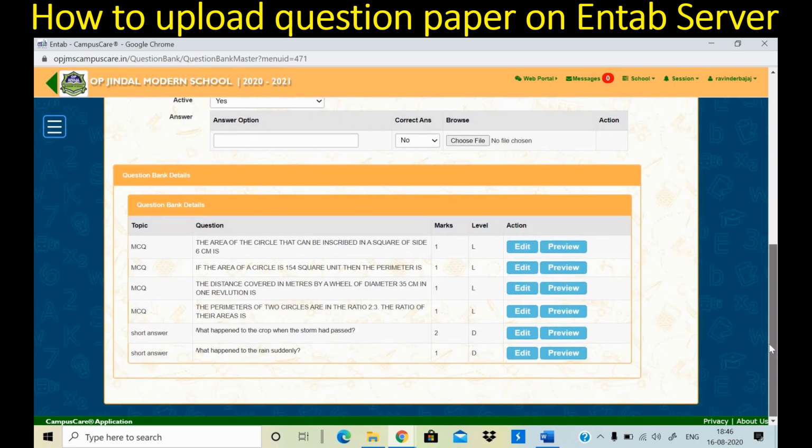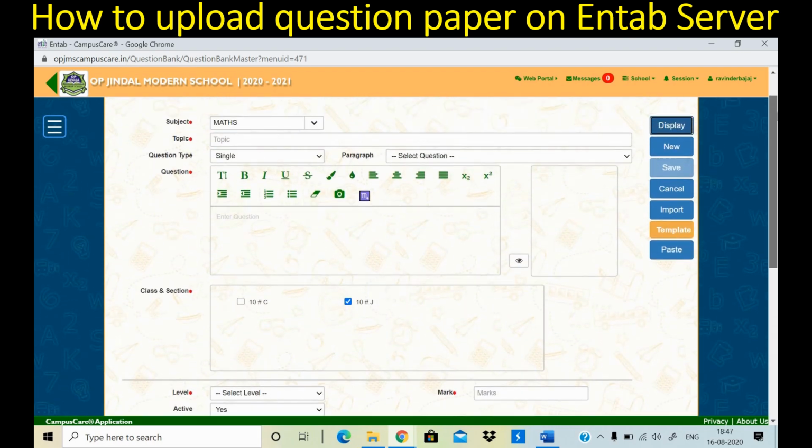See, 2 questions we have already inserted in descriptive manner. One was a 1 mark question, one was a 2 mark question, and 4 questions are taken from that Excel file which you typed earlier and imported in this server. So total 6 questions are there. 4 are of MCQ type, 2 are short answer type. I will insert more questions for you.